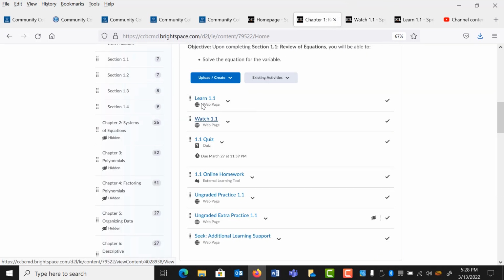So after you potentially click on Learn 1.1, if you want to look at the textbook first, and then after you watch these videos, the next thing you want to do is to take the quiz on this section. Now you have 2 attempts on this quiz. And the idea behind the quiz is that it's really assessing whether you know the main concepts that were covered